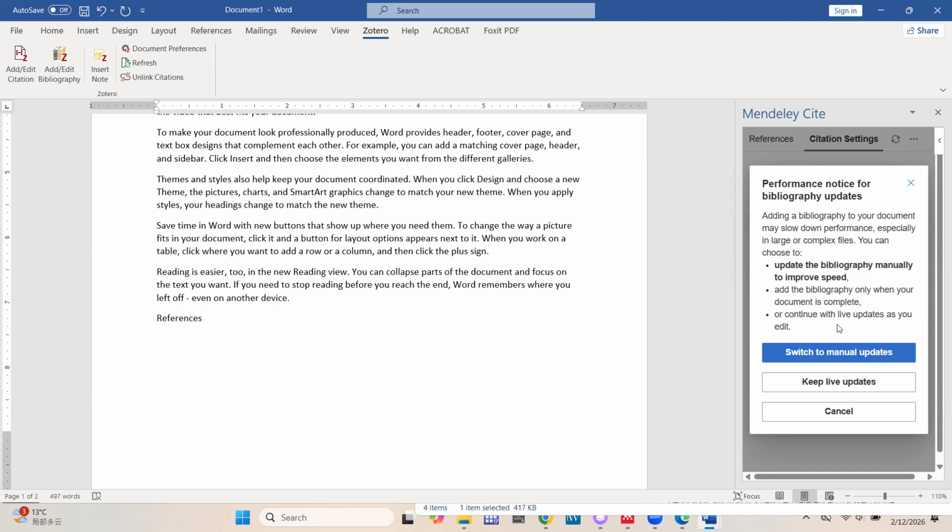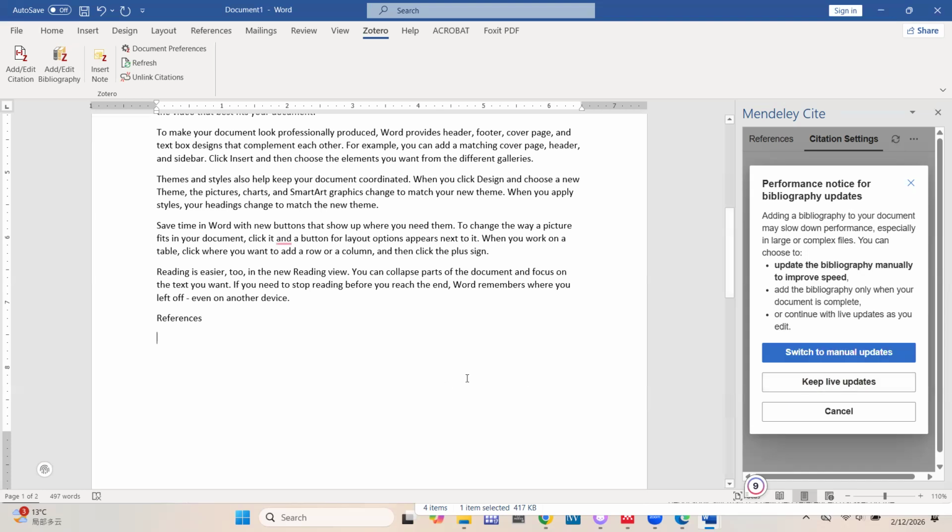So normally, one of the best ways or the most convenient ways to work is to generate your bibliography as the last thing, right? So you would want to finish your work, do all your in-text citation, do everything, and then you generate your bibliography as the last thing. That is one way. However, if you want to still generate your bibliography as you are still working, it means you have to keep the live update.